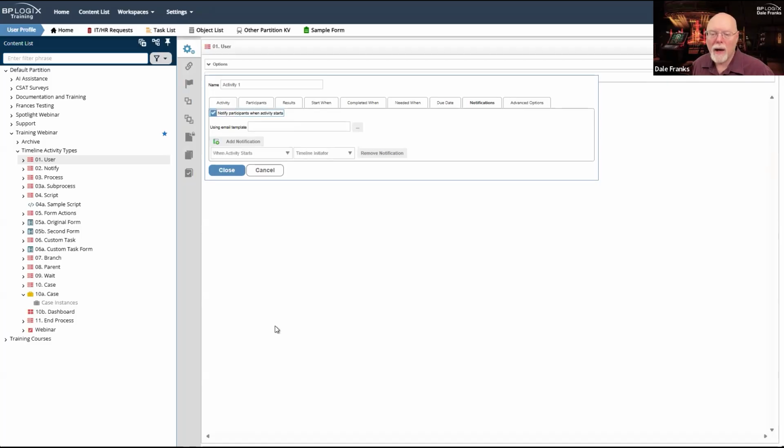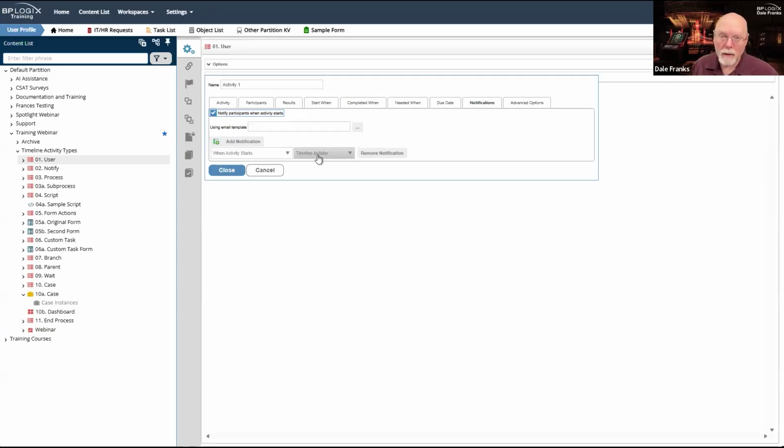I've already got a checkbox that will tell the participant when their activity starts. Plus, that checkbox is going to do something else that's important. The link that is included to the activity or the form, in most cases, the link to the form will actually open that form in the context of this activity for the activity participant. If I do something like this, okay, when activity starts, notify the participant, in this case, the timeline initiator.